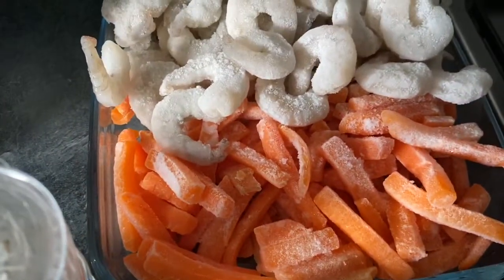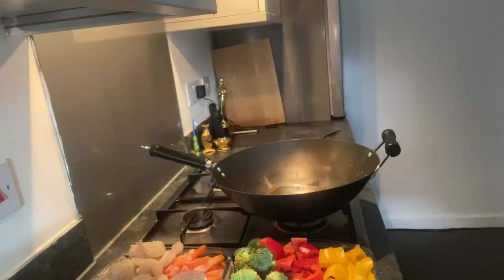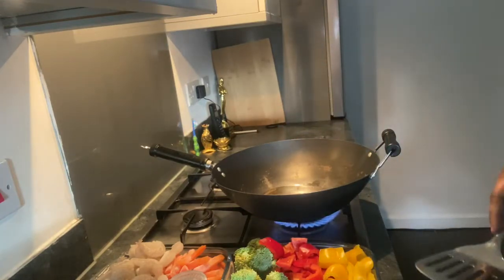So easy as it looks, and so small. Ingredients. So in the pan, I just added some